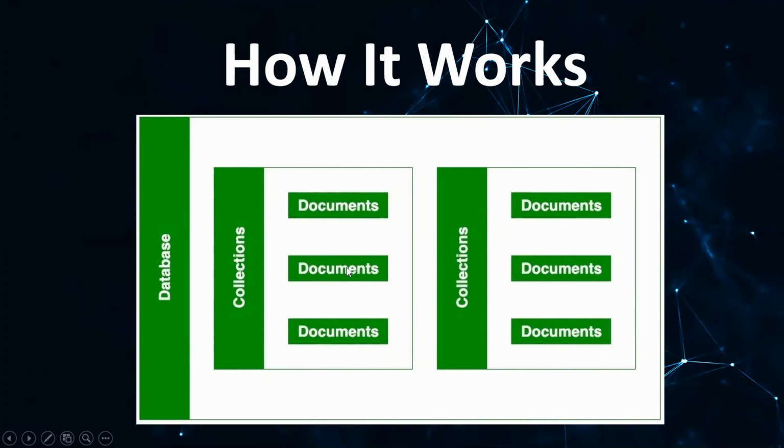So it is equivalent to the relational database management system's table. In SQL, what we call a table, here it is collections. A collection exists within a single database. As you can see, in this single database there are many collections. And the document is basically a set of key value pairs. So documents have dynamic schema. As we say columns in relational databases, here we can say documents.